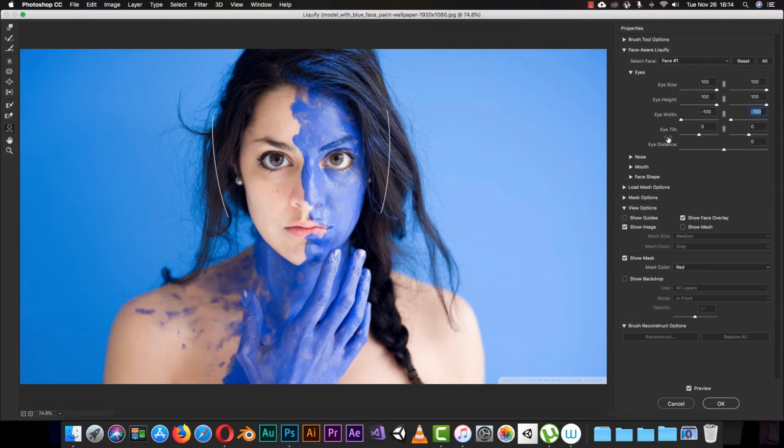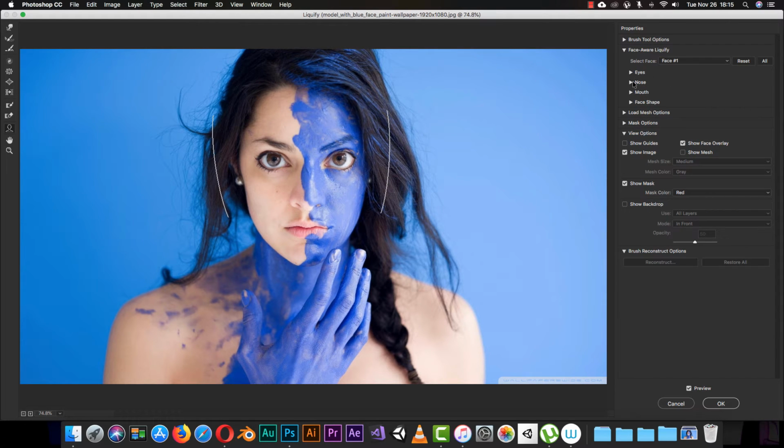We can change the eye tilt like this or like this. I will make them, let's say 15 looks good. Let's keep it like this, and of course I will do the same here, 15 like this. And this is the eye distance. Of course, we can make them look really far away or close. Let me just make them look like this, and when we finish we just click on this little arrow here,